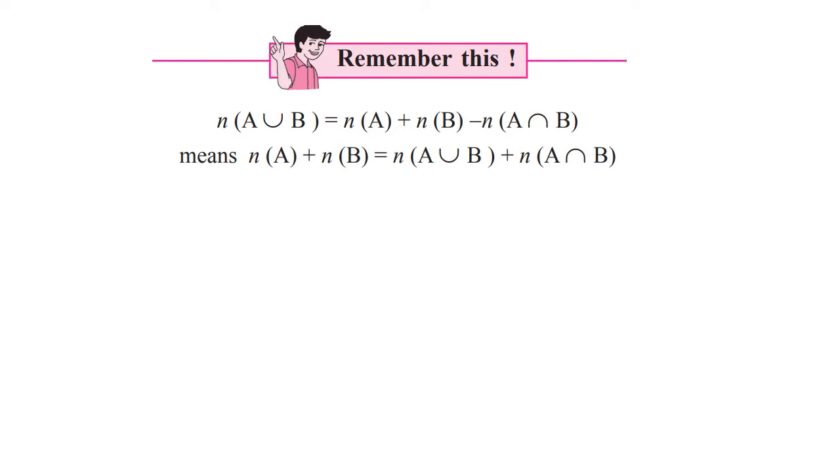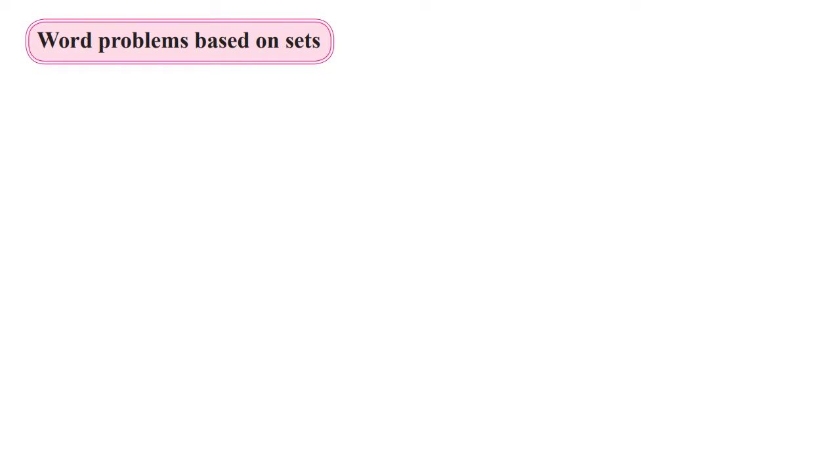Let us go now towards the solved examples. From the textbook, we will first discuss word problems based on sets. In this problem, there are certain printing mistakes. Whenever I tell you, circle it in your textbook and then rectify it. The mistakes may be in the old edition of the textbook, and they might be rectified in the new edition. So if you find a mistake, only then rectify it. If it is already rectified, then don't do it.